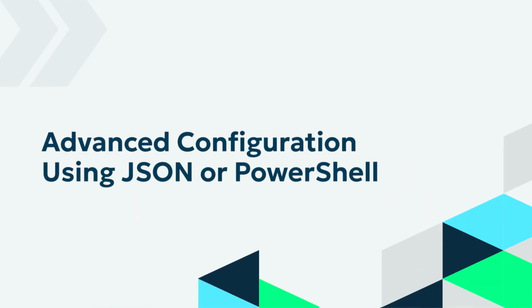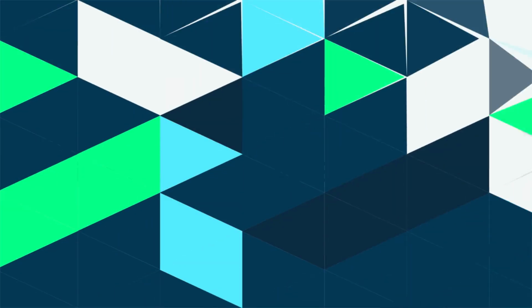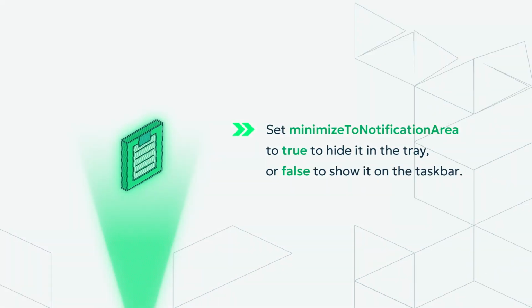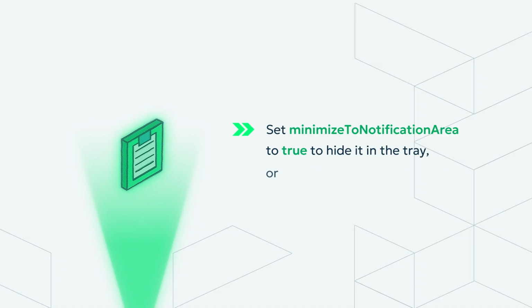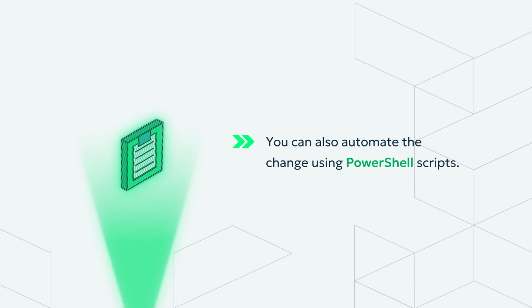Advanced configuration using JSON or PowerShell. For admins or power users, the same behavior can be controlled in the settings.json file. Set Minimize to Notification Area to True to hide it in the tray, or False to show it on the taskbar. You can also automate the change using PowerShell scripts, which is ideal for deploying the same configuration across multiple